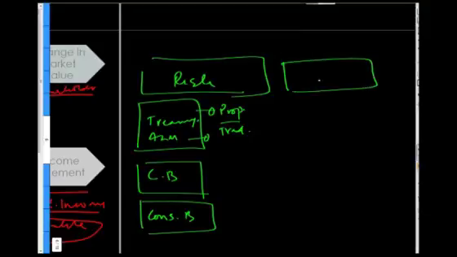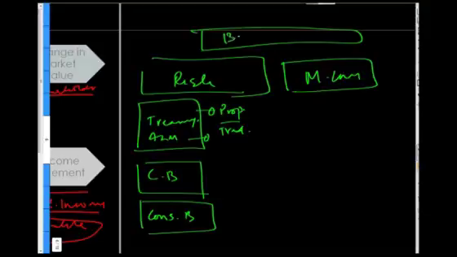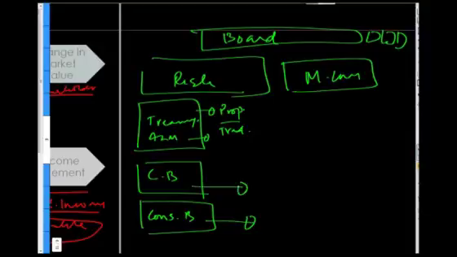And then there is a management committee or an executive committee, and then there is a board, and within the board there are further smaller subcommittees that look after specific functions. So somebody who's sitting at the consumer bank, somebody who's looking at the corporate bank may not necessarily have all the relevant information with respect to the outlook of the market, with respect to the outlook of the interest rates, with respect to what the competition is or is not offering. And hence these guys are actually reliant on the specialists that sit in the treasury function.